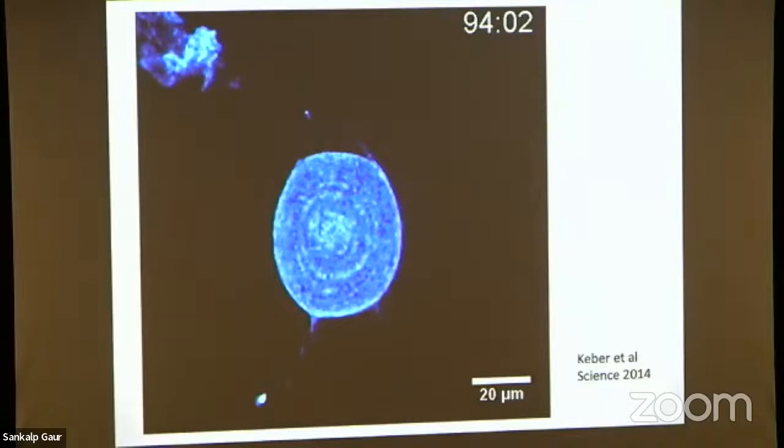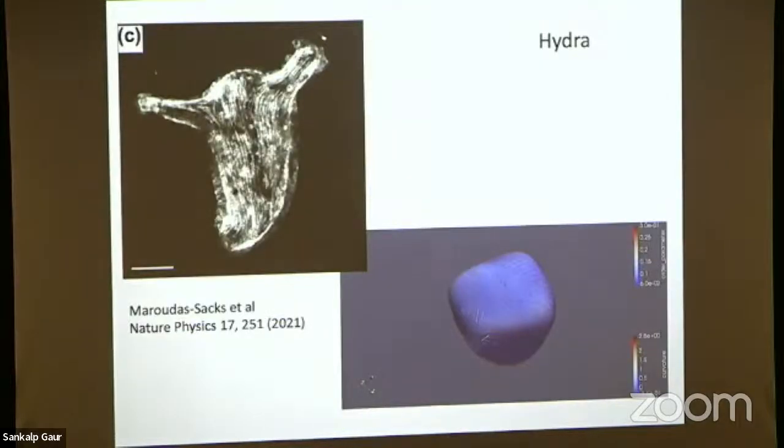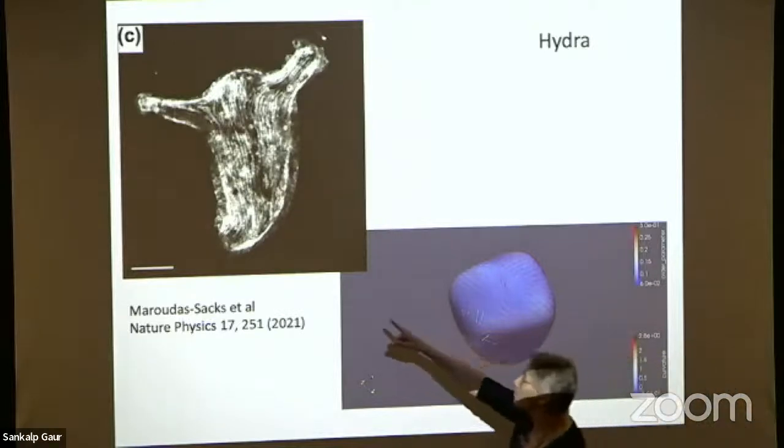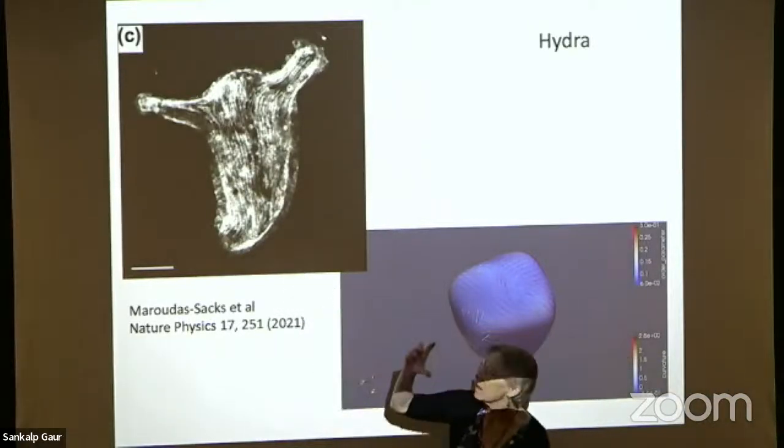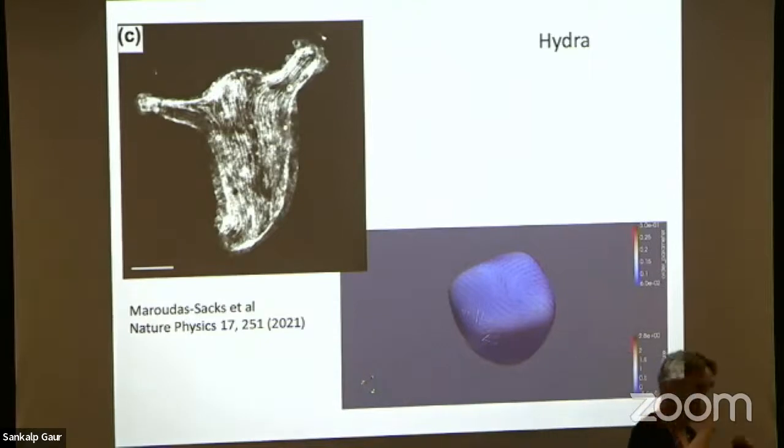The other nice one, which may or may not be relevant, is Hydra. Hydra is such a cute little animal. It's a tiny animal. It's a marine polyp, about a millimeter-ish in length. And what's cute about it is that you can cut a little bit of Hydra out. It's a hollow thing. And you just cut out a little bit like that, maybe millimeter by millimeter. And you watch it and it grows back into a Hydra, which has a mouth at the top, a foot at the bottom, and